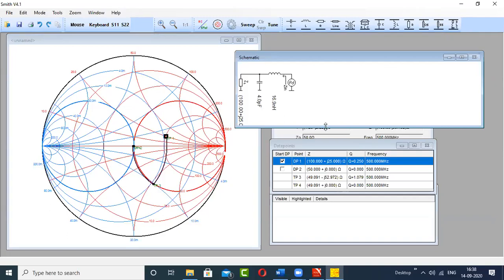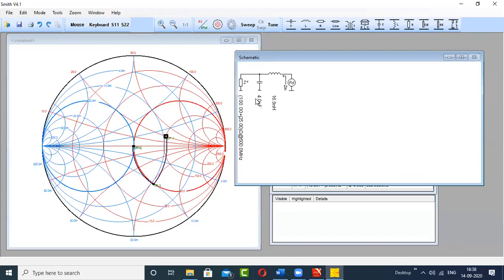Now, one more thing, the value of this C and L depends on the length of this path. If the length is larger, there is definitely a very large change in the reactance, because of which the component values will be very large. Okay, so keep this in mind. If the path is smaller, the size of the component will be lesser, meaning inductance and capacitance will be of smaller value.